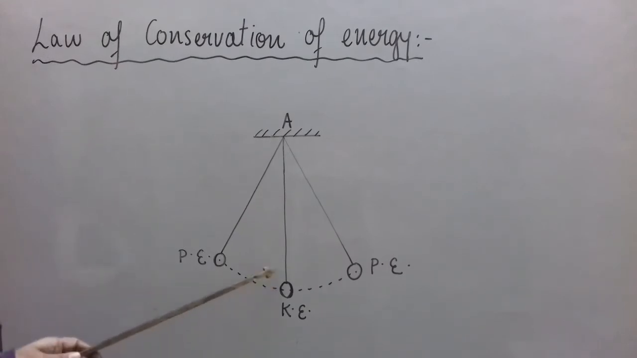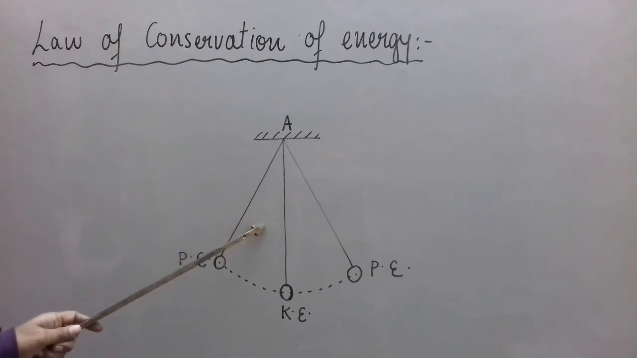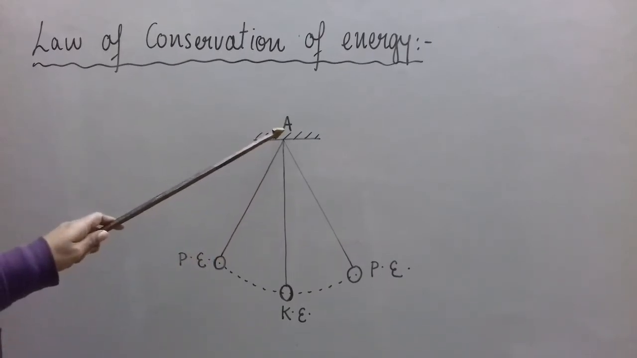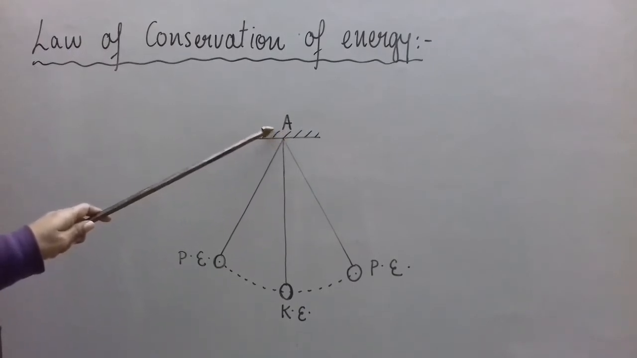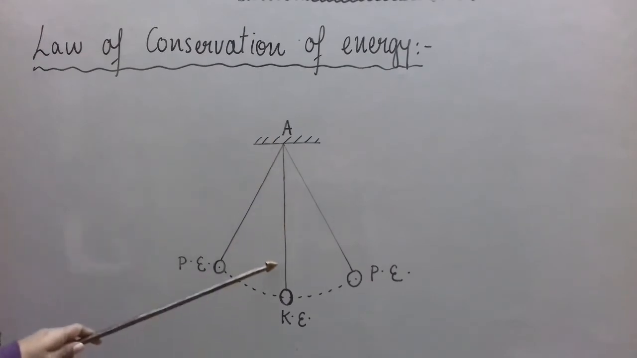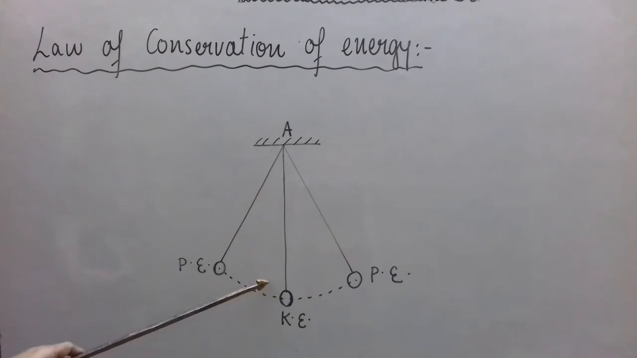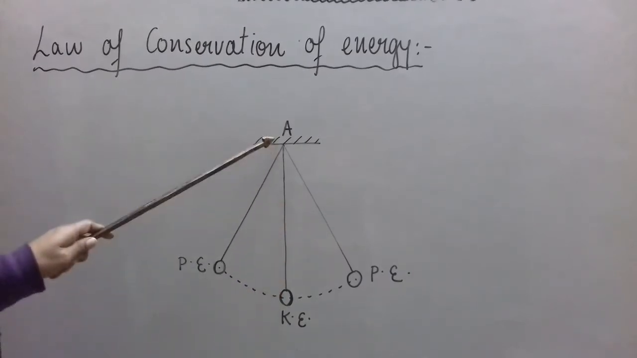So a bob which is tied to a long, light, inextensible string and hung or fixed at this point, free to swing here, okay, is called a simple pendulum. Bob plus this thread is a simple pendulum. So we have a heavy point object, whose size is small compared to the length of